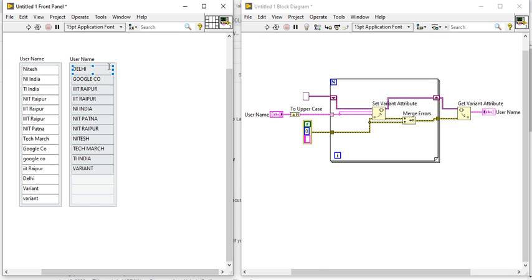Okay, and also it will arrange in alphabetical order: D, Z, I, then N, then T, then V. Okay, it will arrange all those things in alphabetical order, and it will eliminate if any name or any